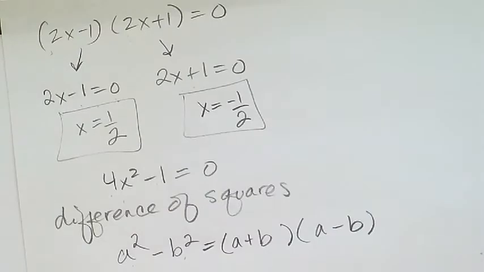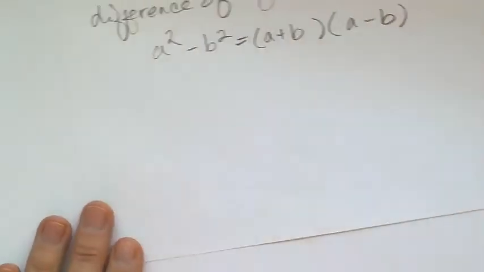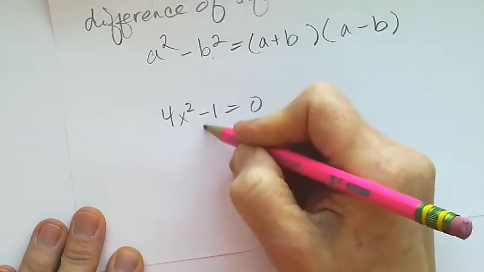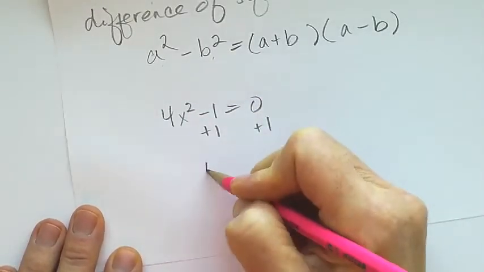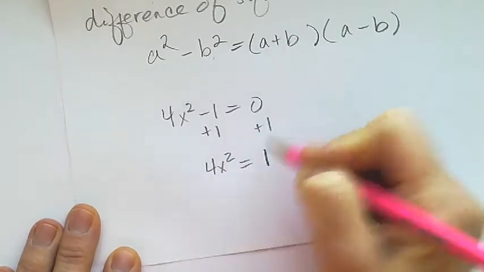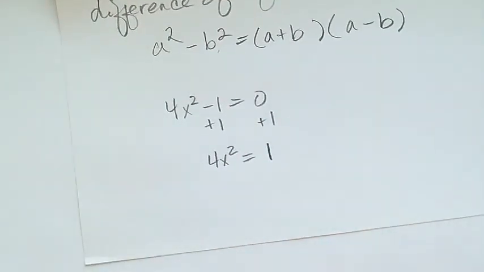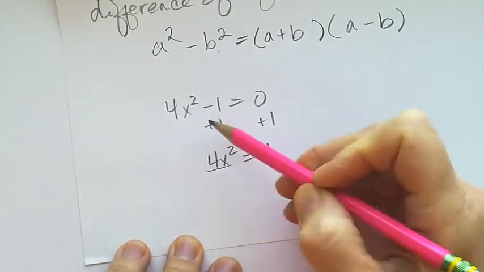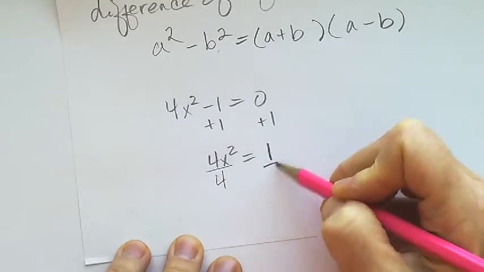The other way to do it, and I'm going to do this because it's coming up in a future lesson, would be to add 1 on both sides, because you can isolate x if you do this. If it was something like 4x squared plus 2x minus 1, you wouldn't be isolating x if you just got rid of that constant. You would still be stuck with an x squared term and an x term, and that's not going to get you anywhere. But here, you don't have an x term, so if you do this, you wind up with